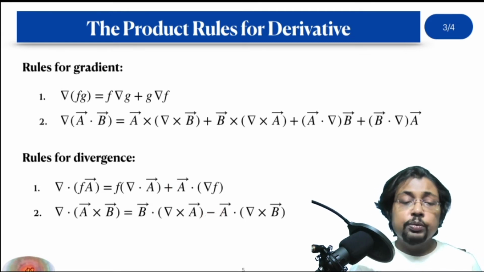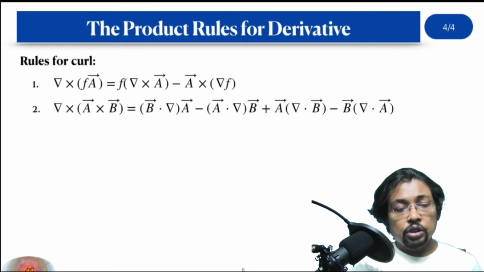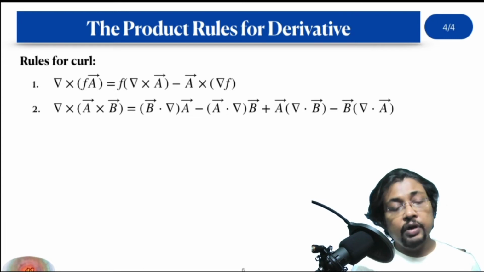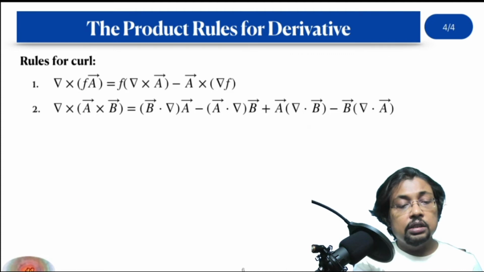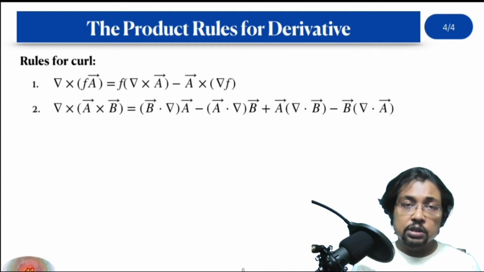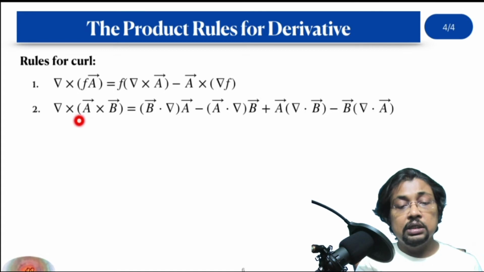So all of these are basically called the vector identities. Other vector identities are the rules for the curl. Here the product of a scalar with the vector generates a vector where you can apply the curl, and similarly the product of two vectors through the cross product also generates a vector. So in this case also, as we have seen in my last slide, you can apply the dot product or the divergence over this cross product. Here also you can apply the cross product, which has this kind of identity.